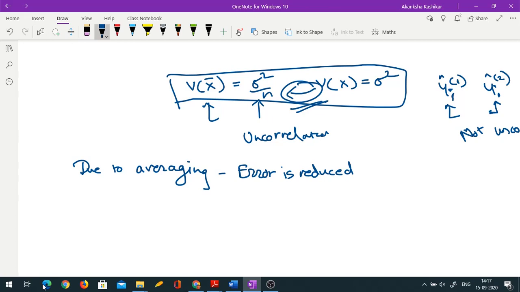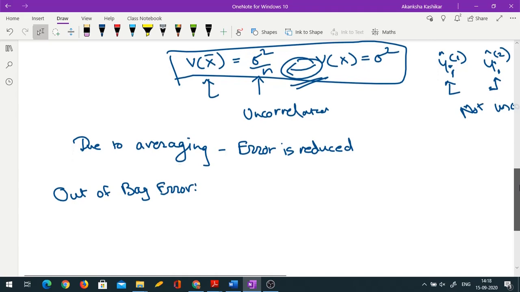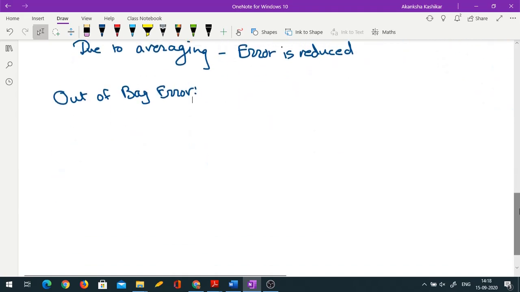I initially said we are doing it for the entire sample. We are not doing validation set business. Of course, we would want to estimate test error in the bagging setup also. So why don't we go for the validation approach or k-fold validation approach? Because we have another option called out of bag error, which can help in estimating the test error, and can act like a proxy for test error.